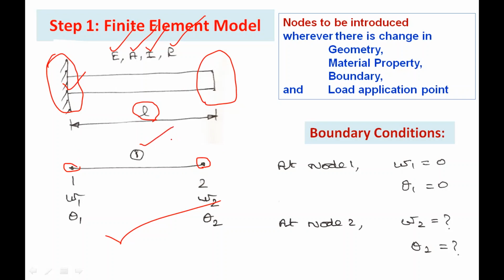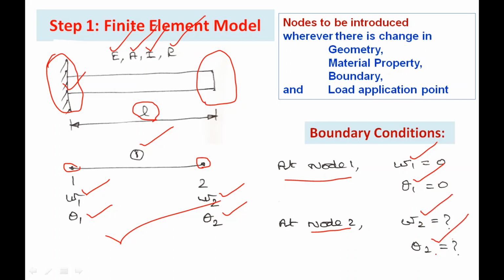Let us see whether we are able to get the two frequencies or not. In this finite element model, at node 1 we have 2 degrees of freedom, displacement W and slope theta, so W1, theta 1. Similarly, at node 2 we have W2, theta 2. What are the boundary conditions for the cantilever beam? Node 1 is a fixed end, so W1 is 0 and the slope theta 1 is also 0. So the two nodal parameters W1 and theta 1 are 0, and at the free end, we have both W2 as well as theta 2.